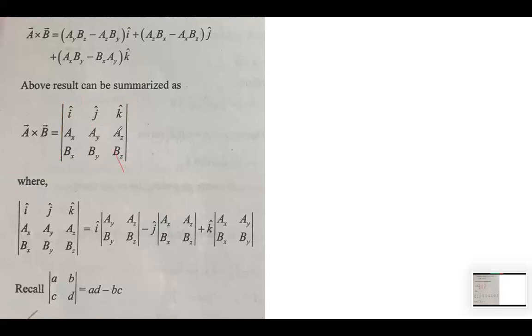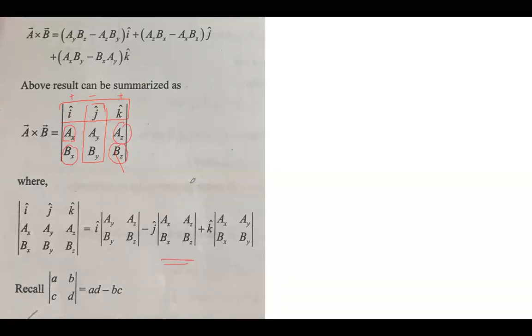the next what we'll do, we open it through j. So we'll close this and we'll also close this, right? So now the components which are remaining, which are not closed, are ax bx and az bz. So we write minus j, because this sign is plus, this is minus, this is plus, so minus j. And the remaining ones, ax az bx and bz, these are the ones which are remaining. So this is what we have written.